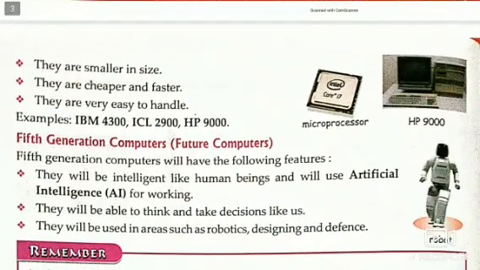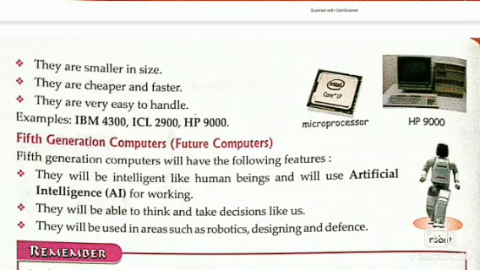They are smaller in size. They are cheaper and faster. They are very easy to handle. For example, IBM 4300, ICL 2900, HP 900.